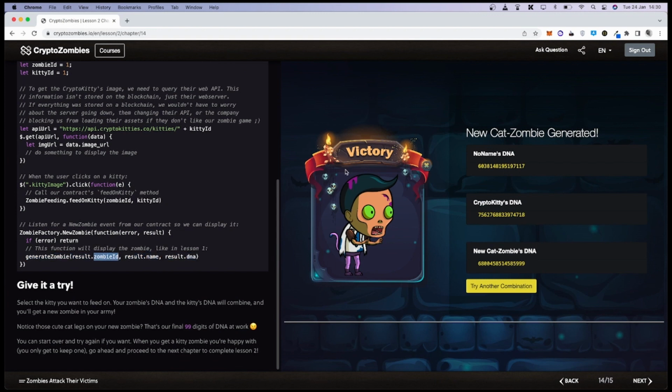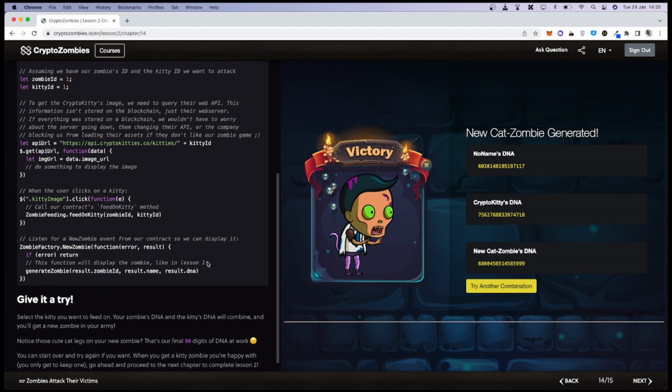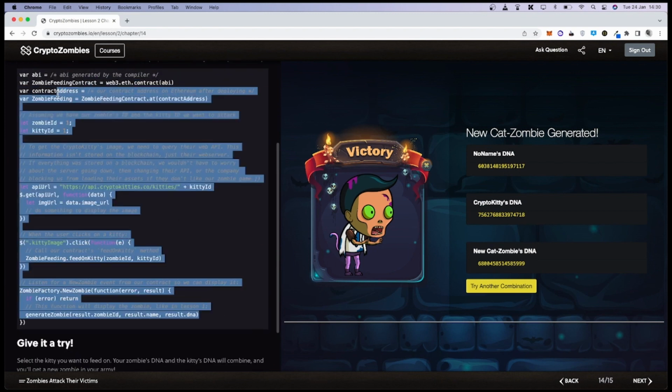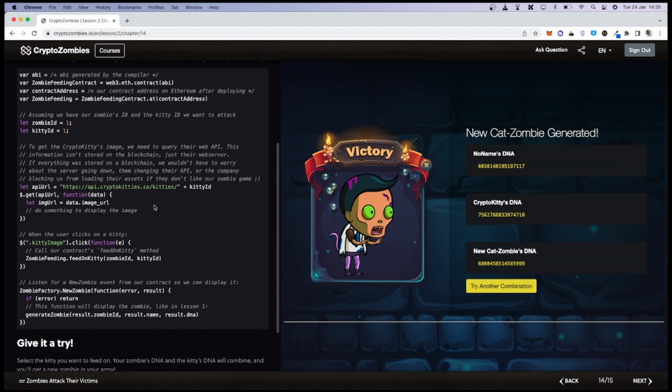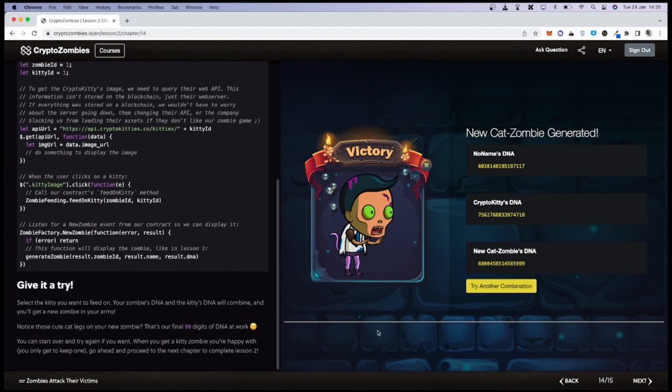Okay, so this is just the front end implementation. You don't need to bother too much about this, but it's just to show you how things are going to be controlled on the front end, the user interaction process. The user is going to be clicking some buttons here and there, and the zombie will be generated. So give it a try. Select the kitty you want to feed on. The zombie's DNA and the kitty DNA will combine, and you will get a new zombie in your army, right? If you tried it out already, you can still try it out if